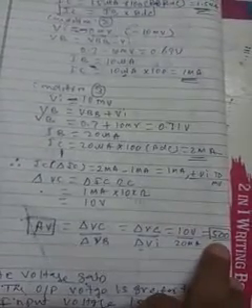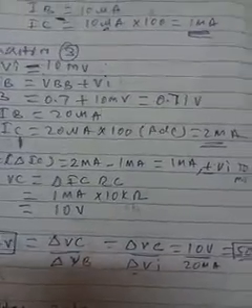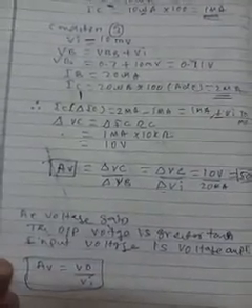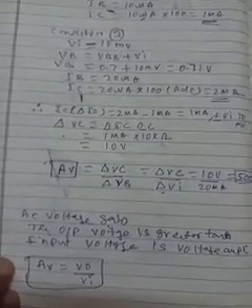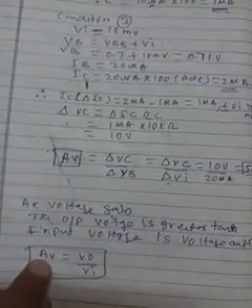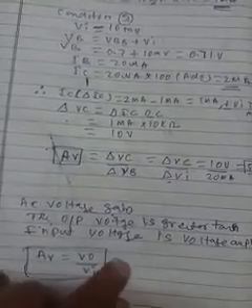So we are getting 500. So 500 is a voltage gain. So that voltage gain is 500 for this voltage amplifier. The output voltage is greater than the input voltage in a voltage amplifier. So here you can see again AV is equal to V0 by VI. V0 is the output voltage, VI is the input voltage. So this ratio is called the voltage gain. Okay, so this is about the circuit for the transistor used as a